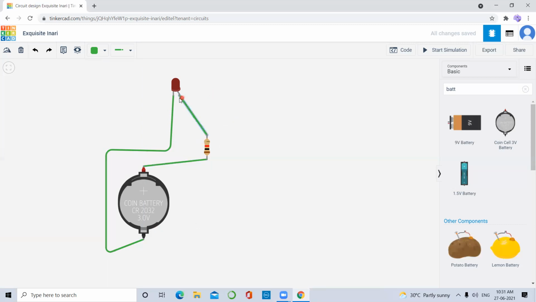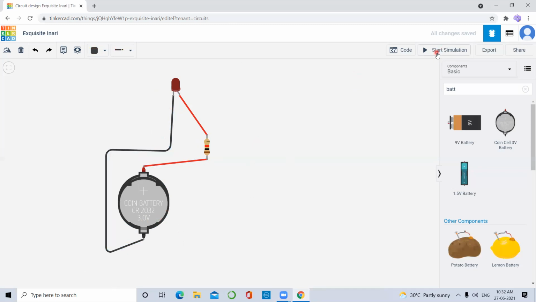Okay, so here what I did: the anode, meaning the positive part, I connected to positive. For understanding, I'm using a red wire for the positive and a black wire for the negative. Okay, for your understanding. So let us see our result.